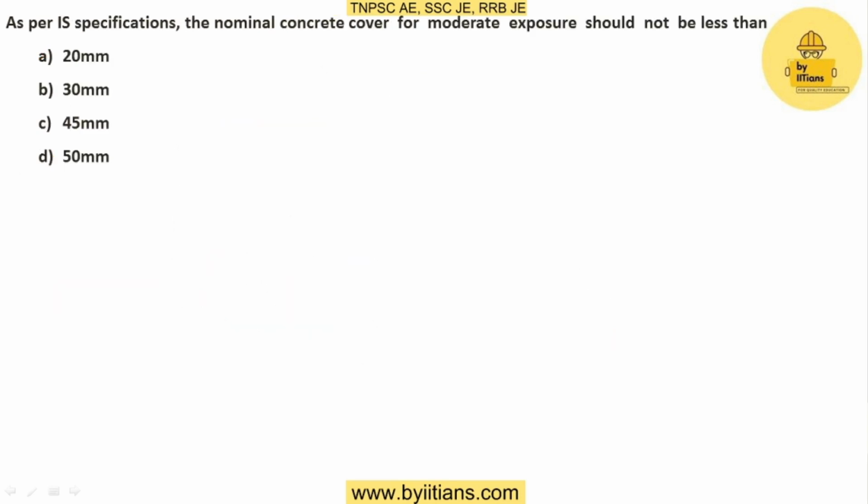As per IS specification, the nominal concrete cover for moderate exposure should not be less than option A 20 mm, option B 30 mm, option C 45 mm and option D 50 mm. Before getting to know the right answer, I would like to give a concept about cover. Consider a beam, this is a cross section of a beam. Cross section is nothing but when you cut the beam and look at the side,